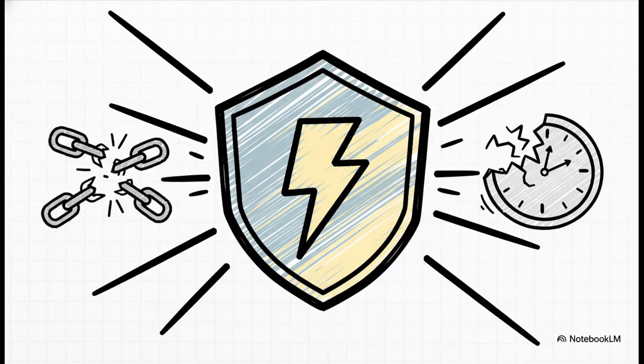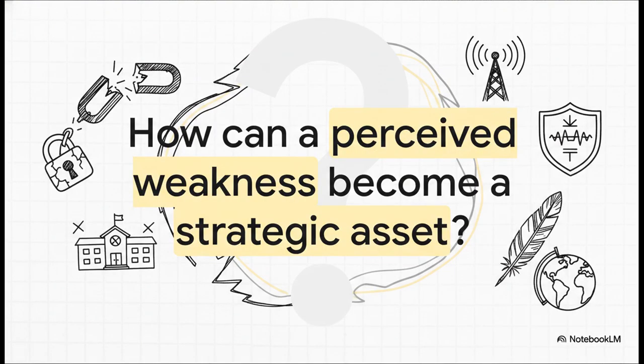So the Navajo system totally solved that paradox. It gave them perfect secrecy thanks to that amazing hybrid structure, and it delivered that secrecy at a speed that the enemy could never, ever hope to match. It was simply unbreakable and unbeatable. And that just leaves us with one last thing to think about.